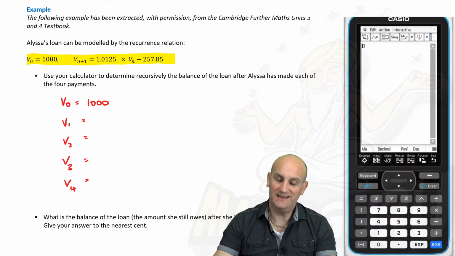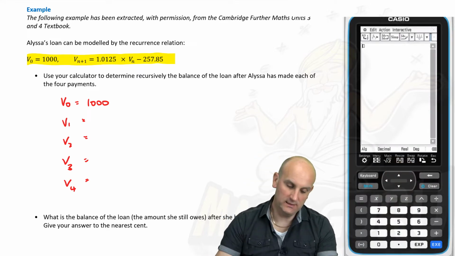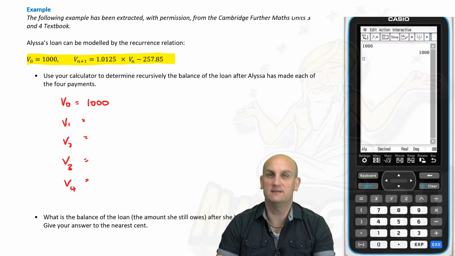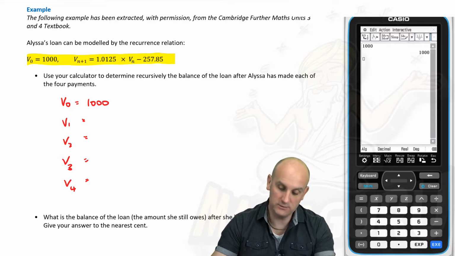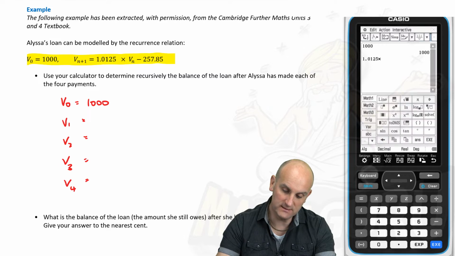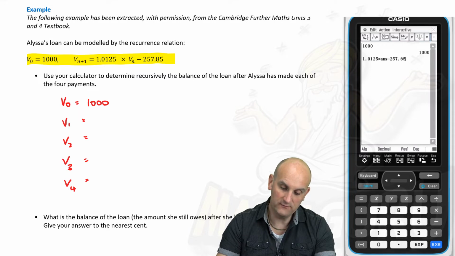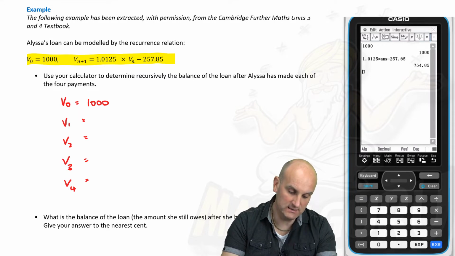Bringing up my calculator and deleting all of the rubbish that we don't need there. I'm going to do 1,000 and hit enter. That's going to put that initial value in, and then I'm going to do 1.0125 multiplied by my previous answer. There we go. Oh, syntax error. Try that one again then. Answer. And then we are going to take away from that 257.85. Hit enter once, gives me